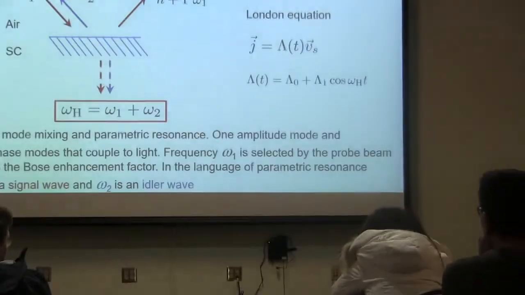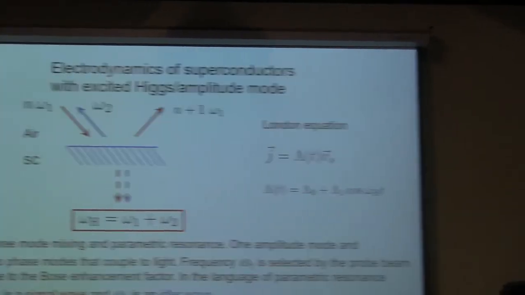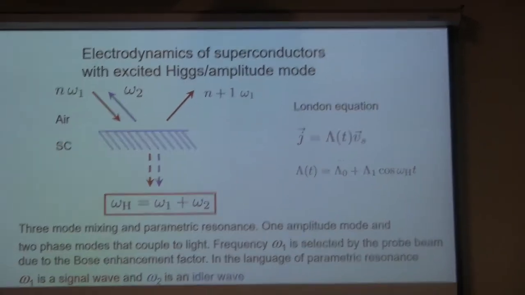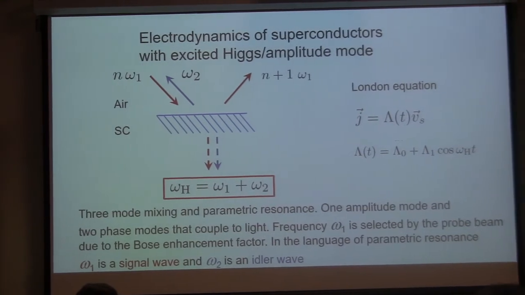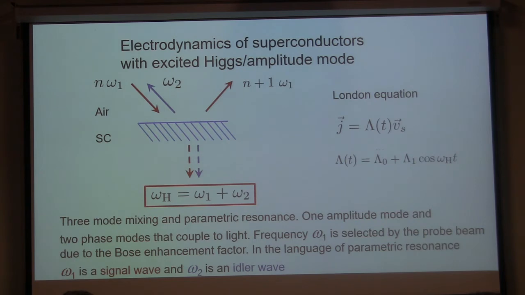And that's, for example, what determined, remember in this experiment with cold atoms, we saw that the Higgs excitation was not a very sharp peak, it was broad. It was really just decay of the Higgs excitation to this Goldstone mode. And the same can happen in a superconductor. We excited the Higgs mode, but it can decay into Goldstone-like mode. But what is a Goldstone mode in a superconductor? It's winding of the phase, and winding of the phase carries current, and that couples to light. Therefore, basically, Higgs excitation can decay into a pair of photons.